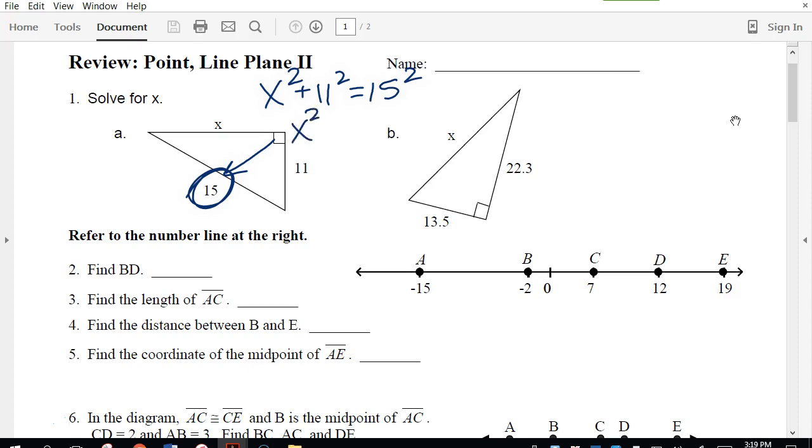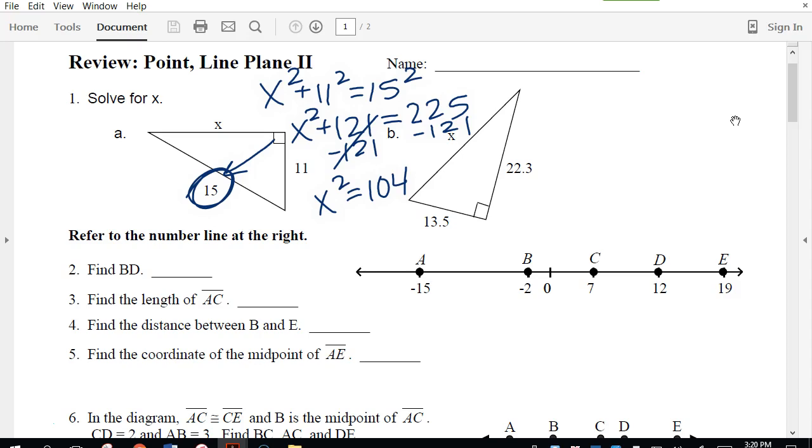Let's go ahead and square these. I'm going to actually show my work, which I don't normally do. You're welcome. X squared plus 121 equals 225. So all I did so far was just square 11 and 15. We need to get x all by itself. The way to do that is the opposite of plus. We subtract 121 from both sides. So 225 minus 121. X squared equals 104. I just subtracted those two. And the opposite of squaring something